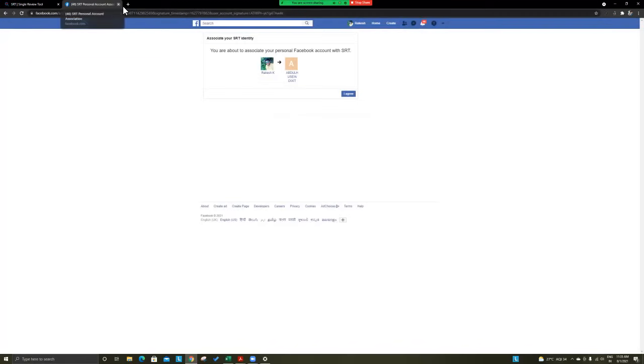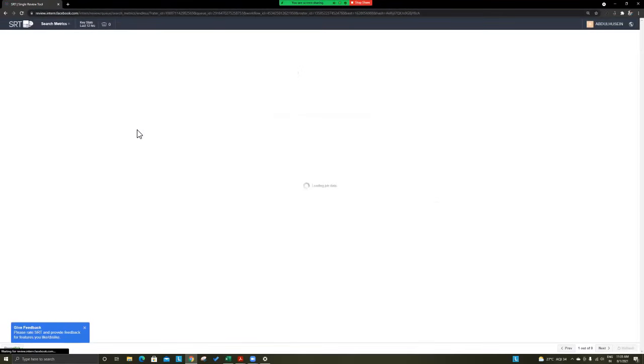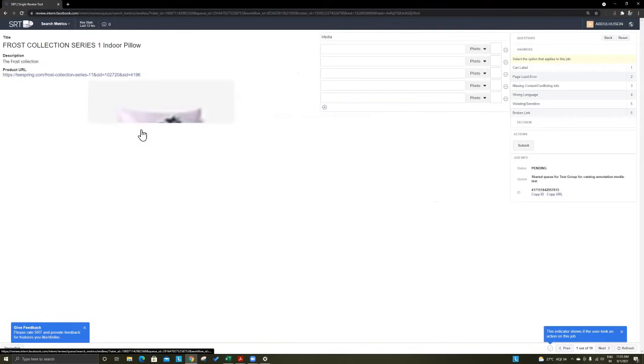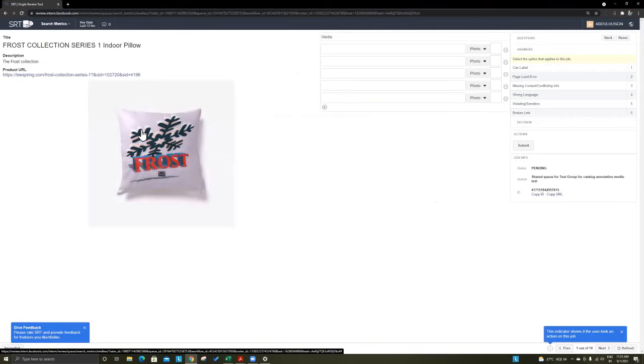Then you can close this tab and reload the SRT. This should be done only once. It won't ask you again and again, only the first time.